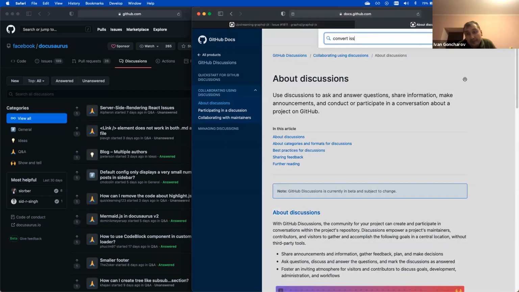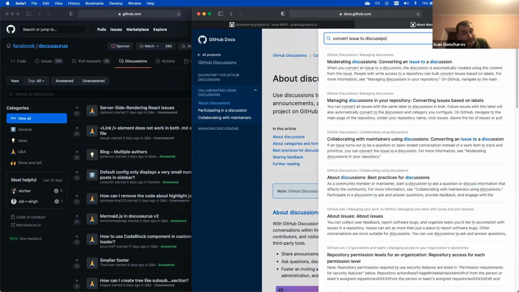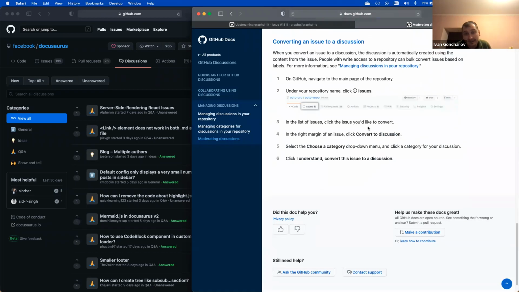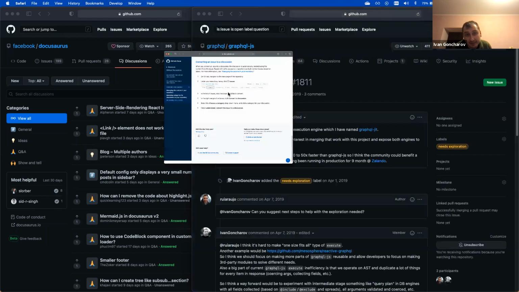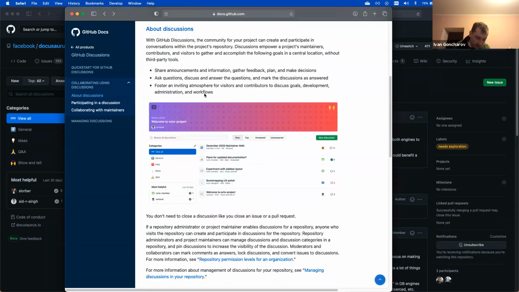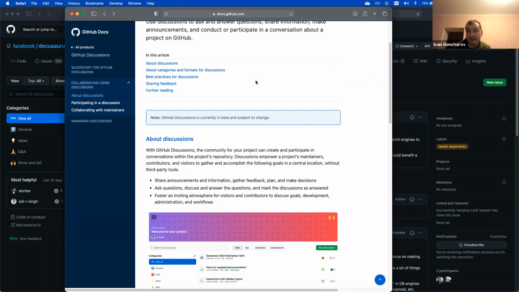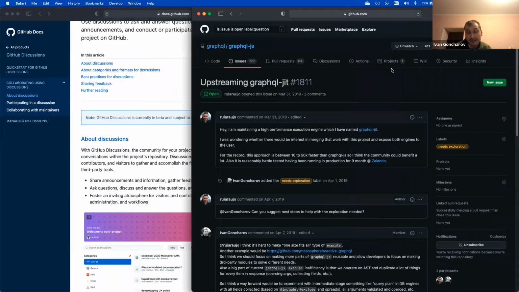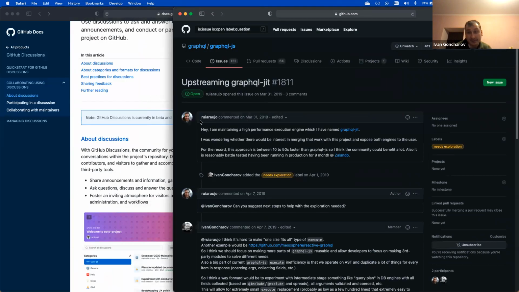So let's run the experiment. I'm not against it. So let's enable discussions as a thing. Your action item is to update the issue template, saying if you want to ask a question